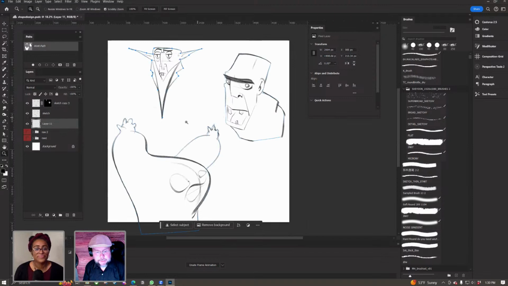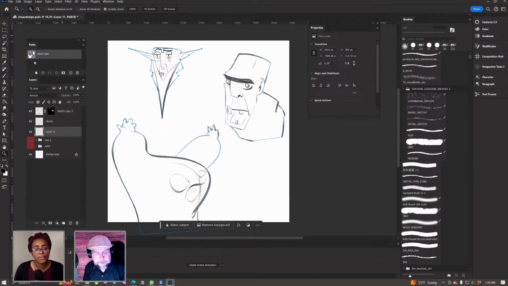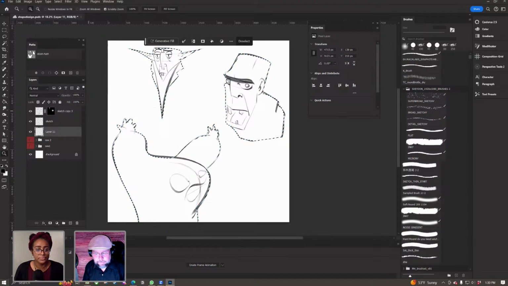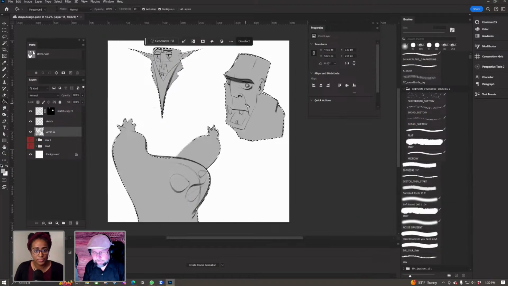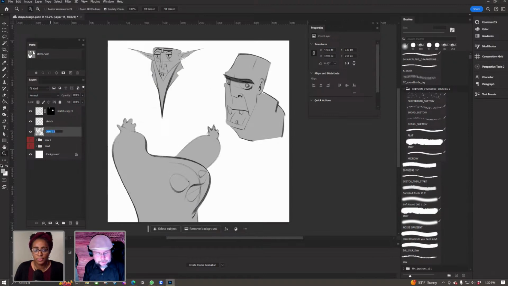Okay, so I have my paths made, and over here I always have my layers and paths together. So I made these three paths, and if I hold down Control, I guess it's Command on a Mac, it'll automatically outline them for me. And I'm going to give me a base color, which is that. So now I have on this layer, we'll just call this the base. With this, this is the trick that I do.